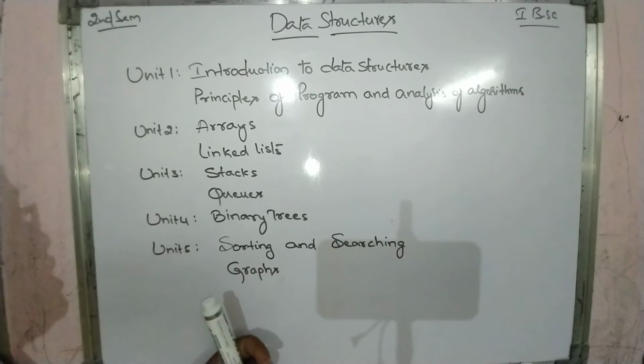Coming to first unit. In the first unit you have to learn about the introduction of data structures. That means in this we learn about the data structure, what is data structure and what are the operations we are using on data structure, what is ADT, abstract data type, and different types of data types, and the classification of data structures, and all this comes under your Introduction to Data Structures topic.